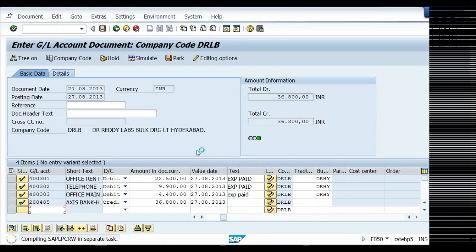Otherwise it will not take this much time. The short text part, the system will pick it up, the short text of the GL account. I don't understand what the system is doing for posting a small entry, because we have already posted this kind of entry.